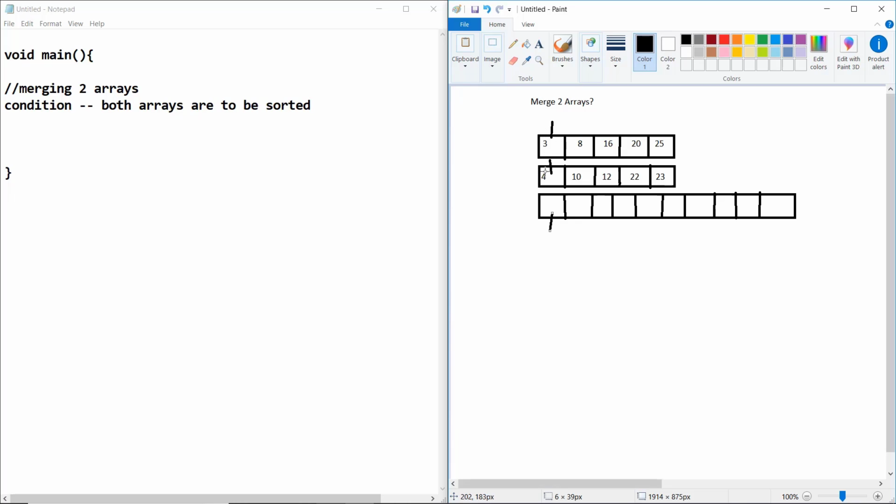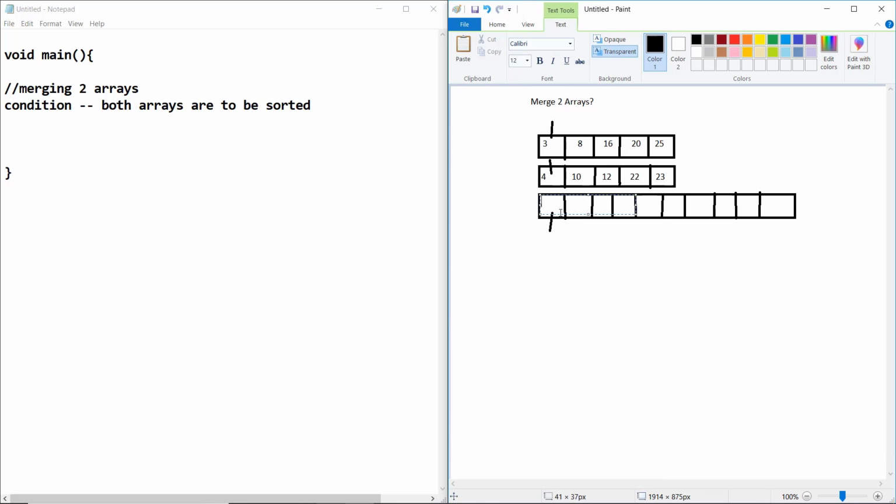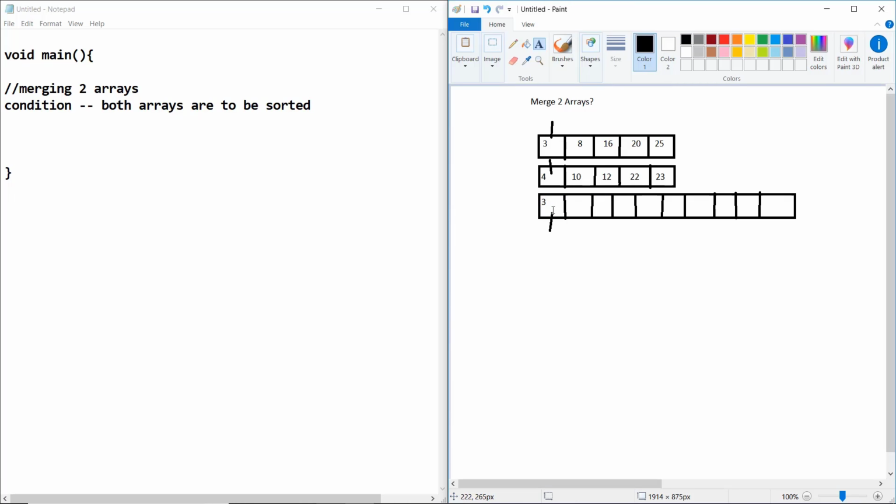If we want to print in ascending order, we check which element is smaller. 3 is smaller, so we store 3 in the third array, whose size is the sum of the sizes of these two arrays.